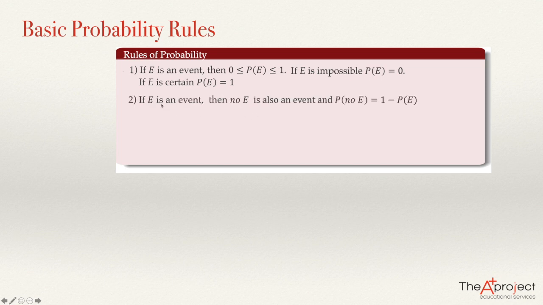Second, if E is an event, then no E is also an event, and the probability of no E equals 1 minus the probability of E. So this is very important in case that we know the probability of E, because immediately we can find the probability of no E. For example,